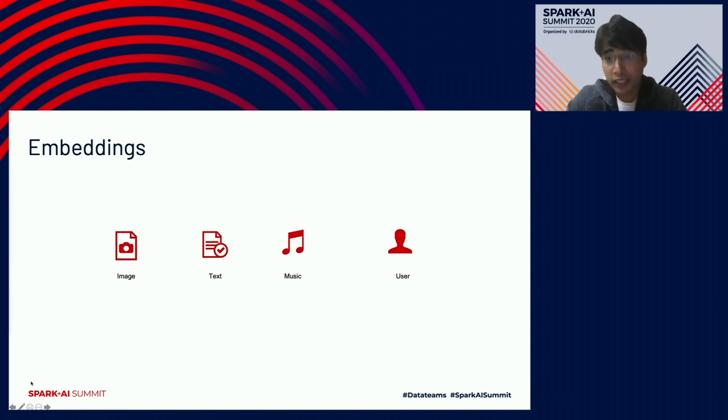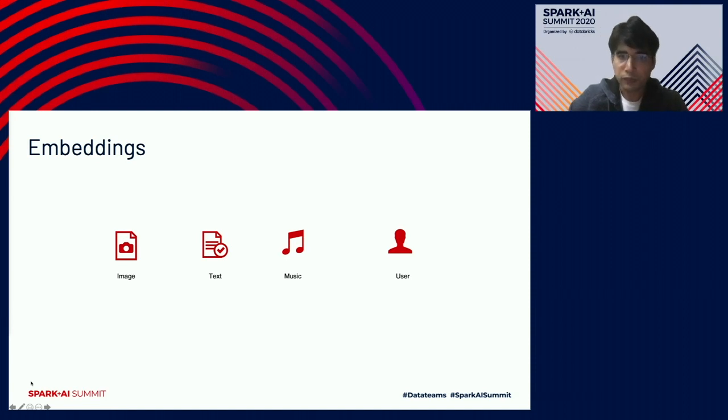All right, and embeddings are not restricted to only words or your discrete categories. They can also apply to image, text, music, and in fact, today we are going to see how we can get user embeddings, also user journey embeddings, right? So once these are learned, they become very powerful, and we can use them in different contexts and different areas.